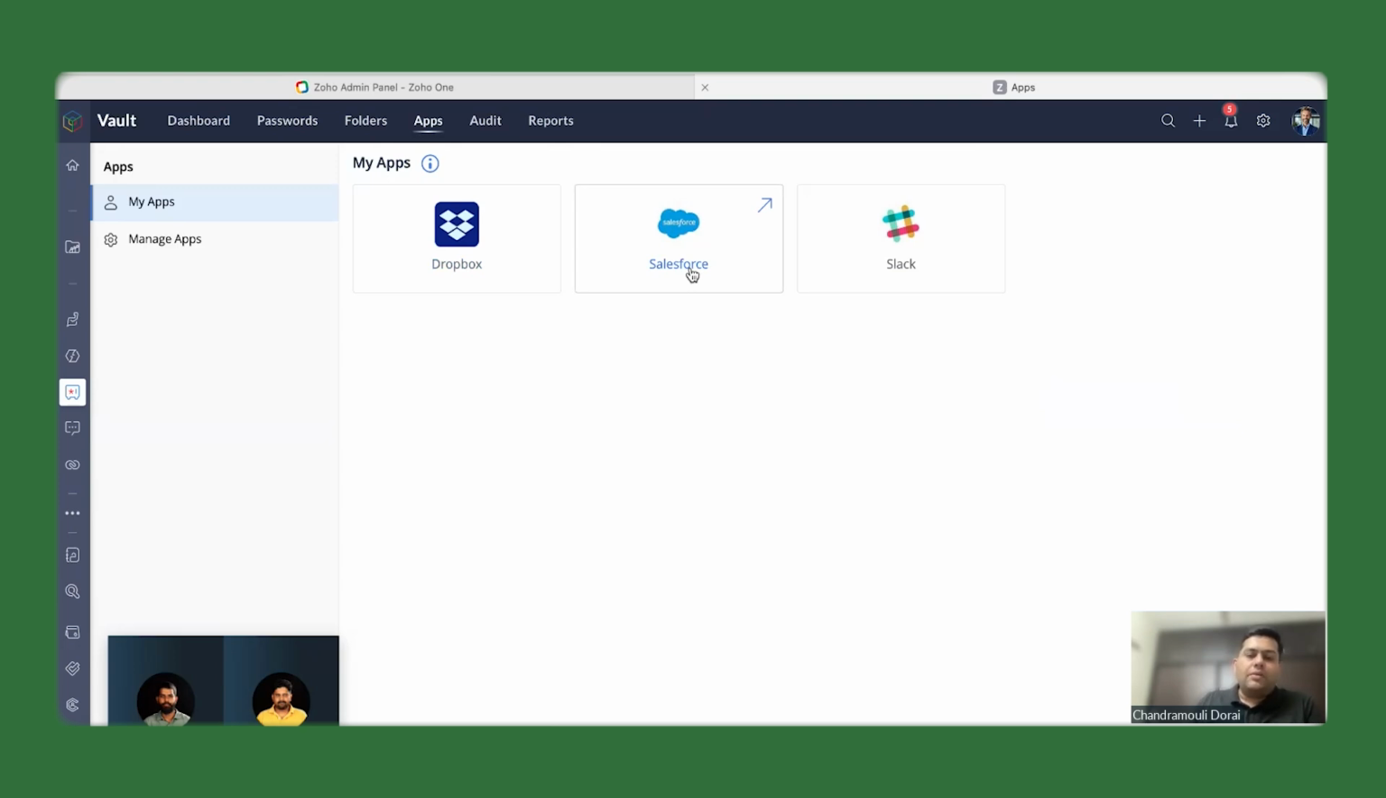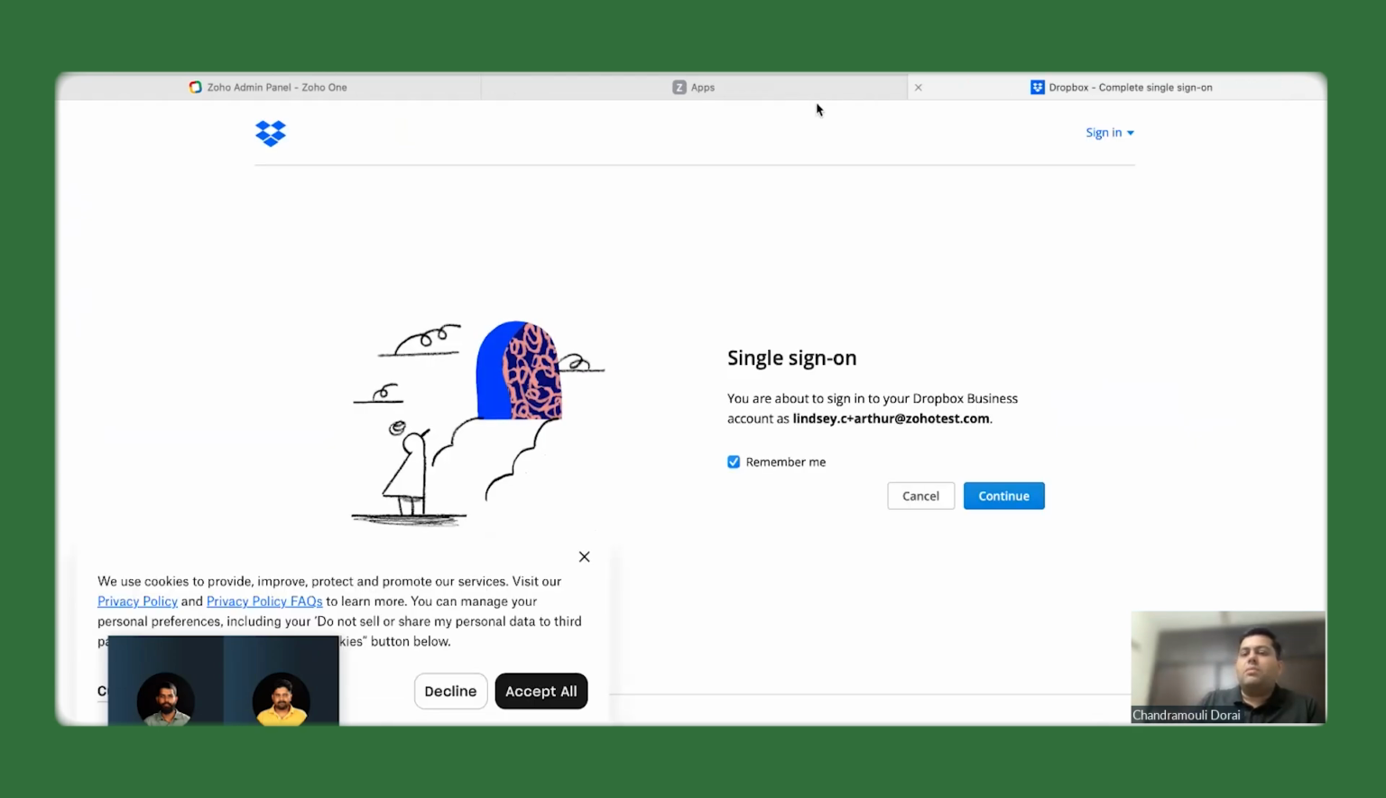If you have an application where you also have single sign-on, you can use Zoho Vault as an IDP, and these applications can be the service provider, SP. You can create a SAML connection between these two apps. This way, the trust is established. In a single click, without entering an additional password, your users can automatically log into Dropbox without manually entering passwords